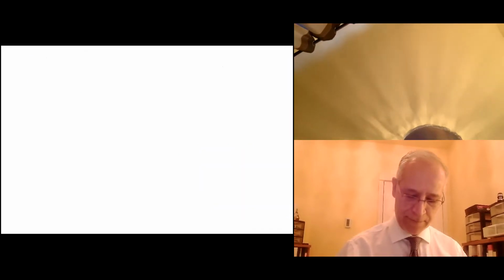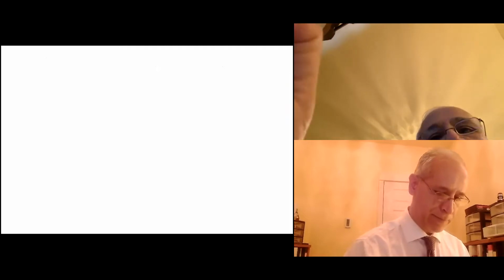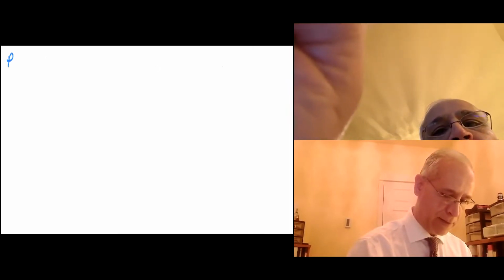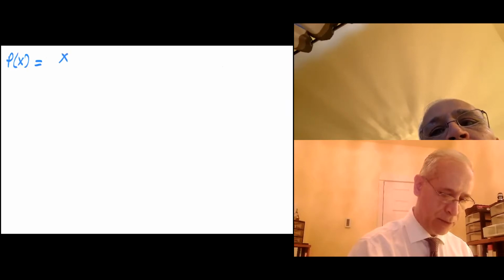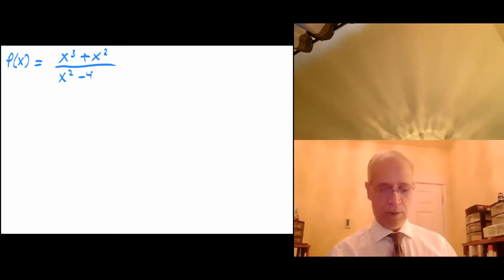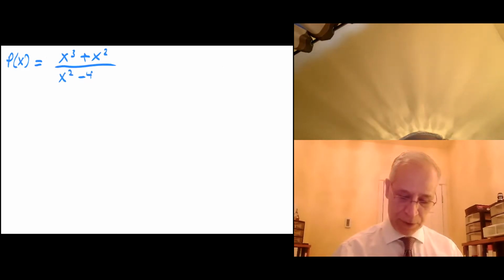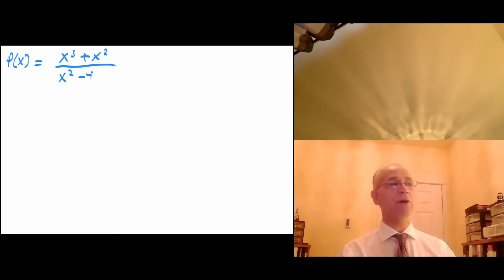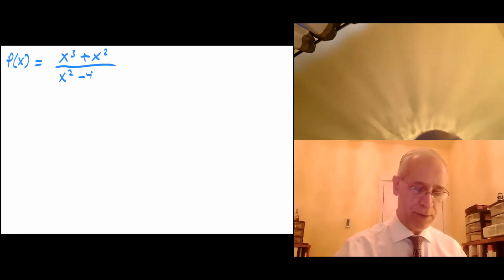Suppose I have p of x equals x cubed plus x to the second all over x to the second minus 4. Do I have a slant asymptote? I sure do. The degree of the top is higher by 1, so let's use